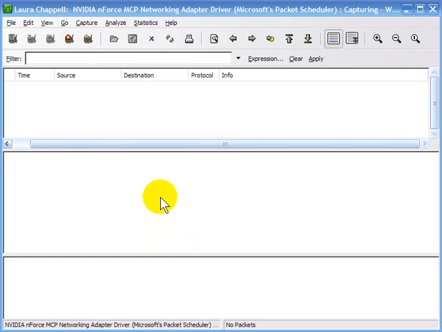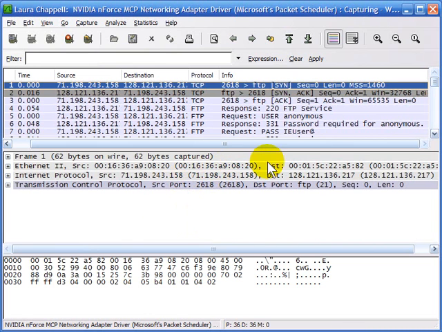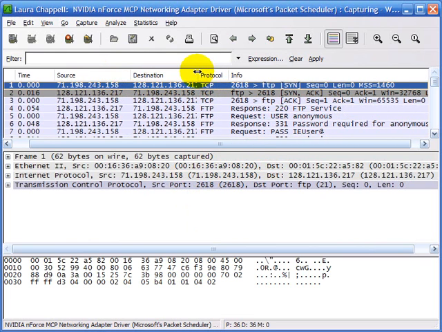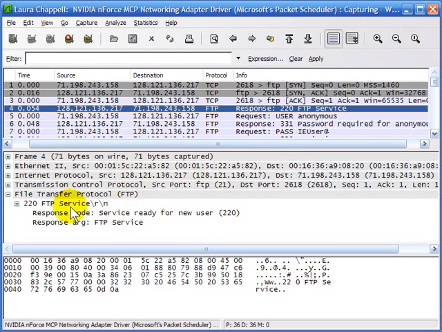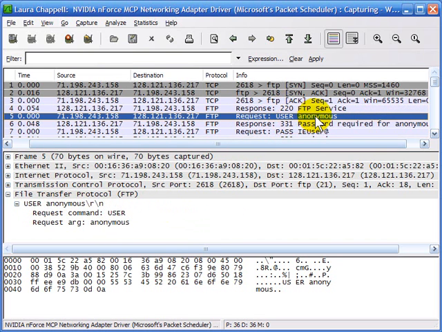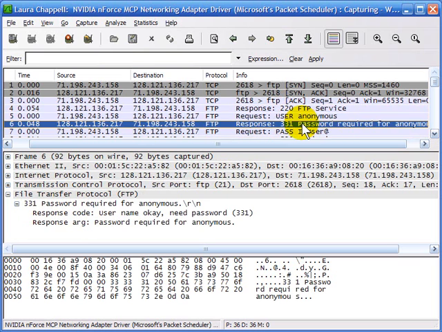Now in the background, I'm going to generate some FTP traffic. Now I just paused for a moment so I could generate some traffic in the background, and we can see that we have an FTP communication. We see the three-way handshake that occurs at the beginning, and then we see the server coming back saying ready for a new user. That's what 220 indicates. And there's the user command, anonymous. The server responds with a numerical code 331 saying that the password is required for anonymous,